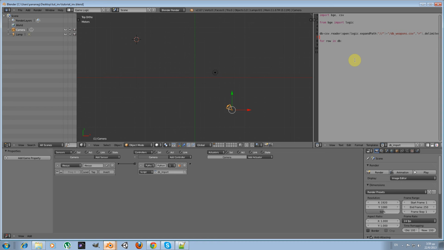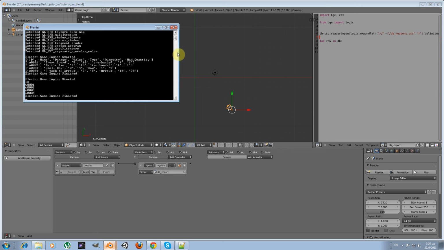Okay, what I want now is that if we see again our lists, our rows, we see that the first row contains the headers of our columns, the properties of the weapons, and I want to store them in a different variable, so I may be able to call them whenever I want. So I will do it